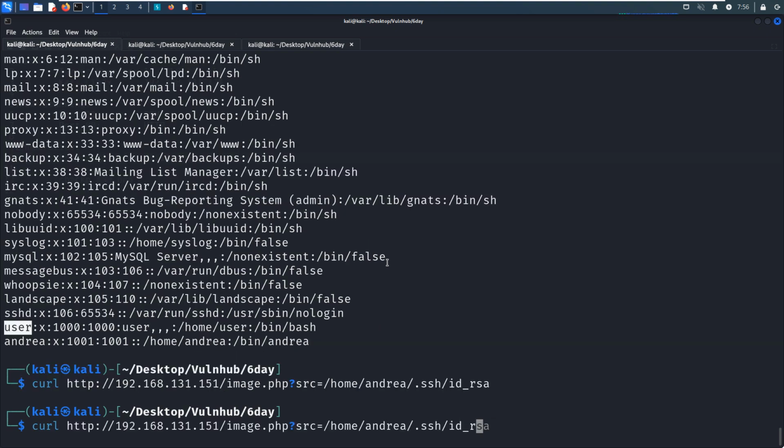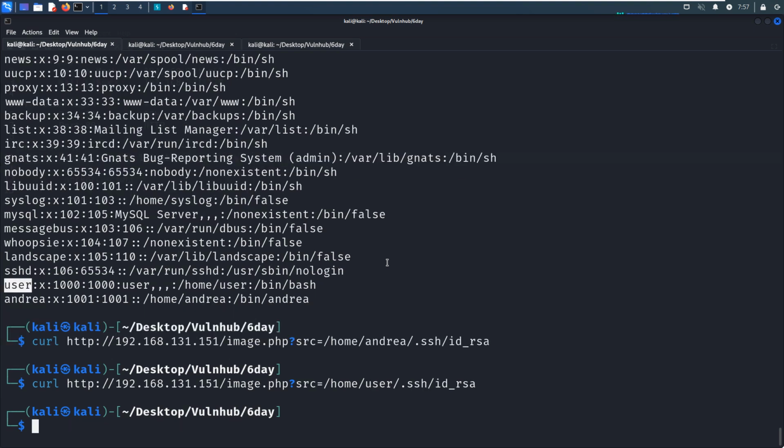But nothing returned. Sorry. So next we can try another user. The username is user, okay? But nothing returned as well.